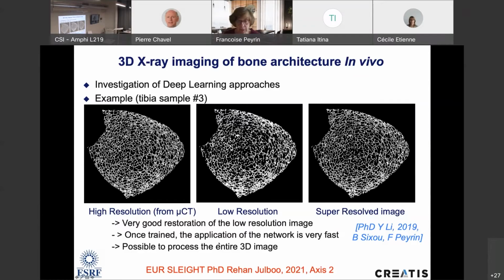And just to let you know, there is a new PhD that has begun in the EUR by Réan Tulbo. This PhD started in 2021 in collaboration with Laurence Vico, with Marc Sément from the Laboratoire Hubert Curien, and he will make a presentation on what he's doing in super resolution with deep learning methods tomorrow. So it was just a small parenthesis to introduce this work. So now I will go back to